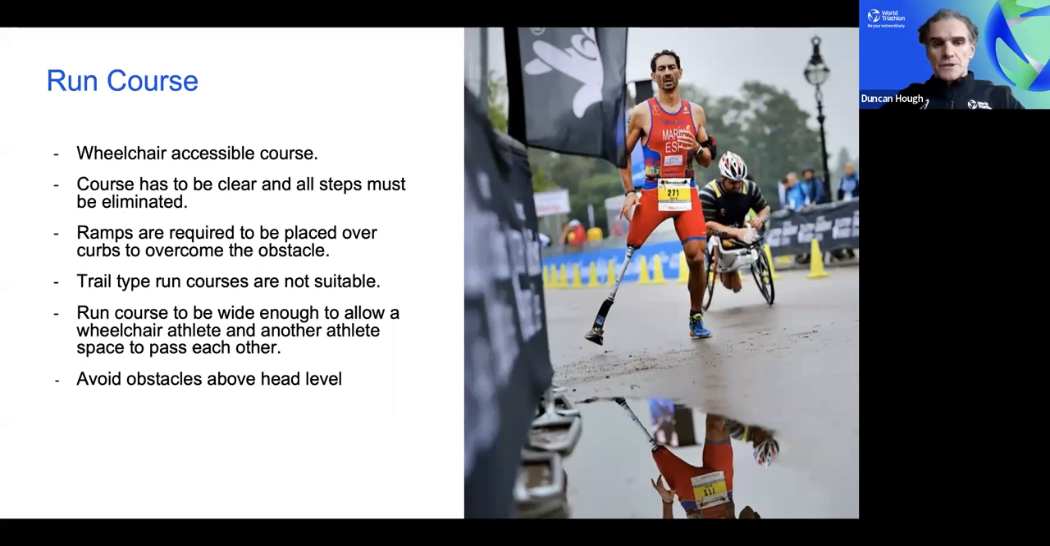So again, the run course needs to be wheelchair accessible for all stages. It needs to be clear, so no steps, we must eliminate all those. Ramps, again, if we have to go over curbs, etc. And again, trail type run courses really aren't suitable for our para athletes. So we need to try and make sure it's as much as possible on a paved tarmac surface, or at least